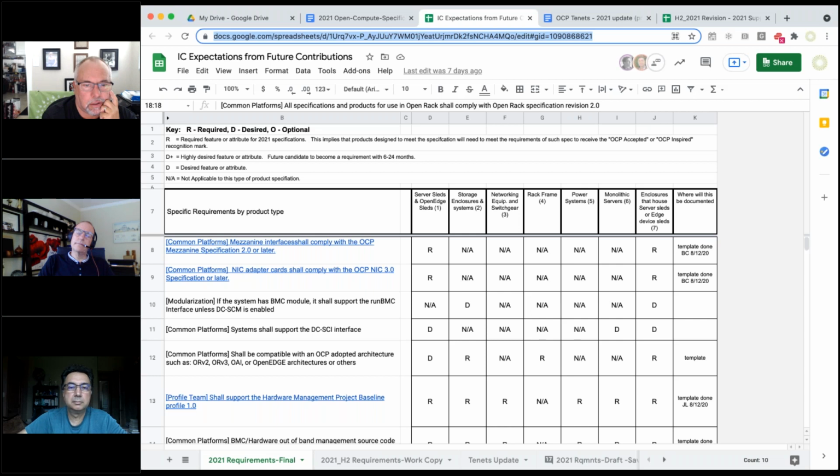Now there's all of these desired, required, desired plus for those writing the spec, and then there's additional requirements for those that are simply seeking OCP inspired. They're having to go through a little bit more, and then those that are seeking OCP accepted have to go through a lot more.